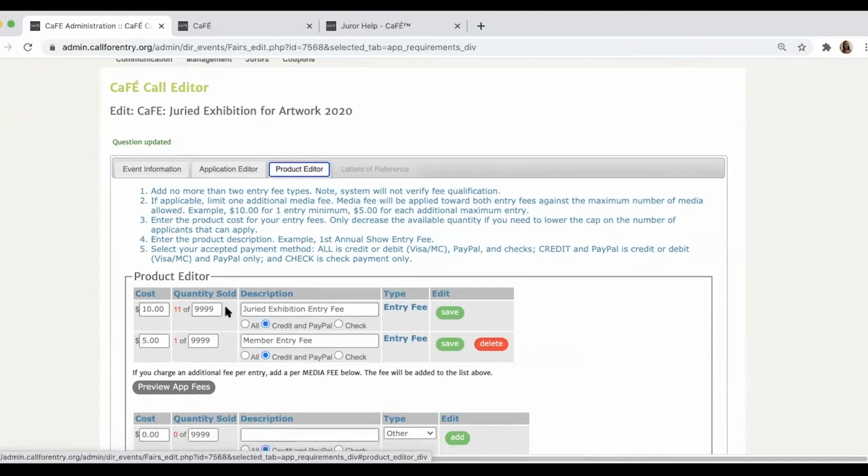And then be sure to just update the description if you need to. Some folks like to use the call name, but it's important that you add something like entry fee or member fee so that they know what the actual fee is for. If you have two entry fees like we have here, like a non-member fee and a member fee, you can just add a second line with the same type as entry fee, and then include in the description that it's